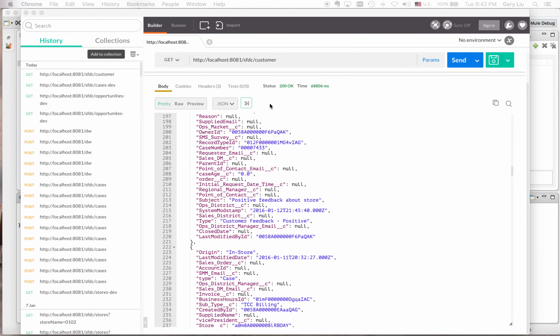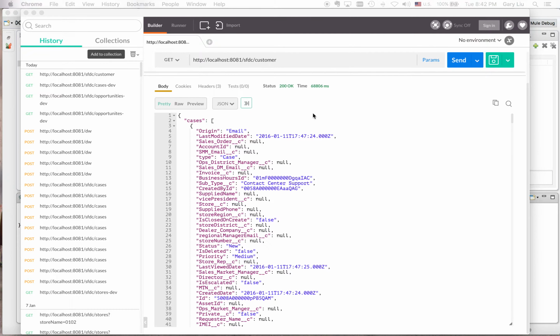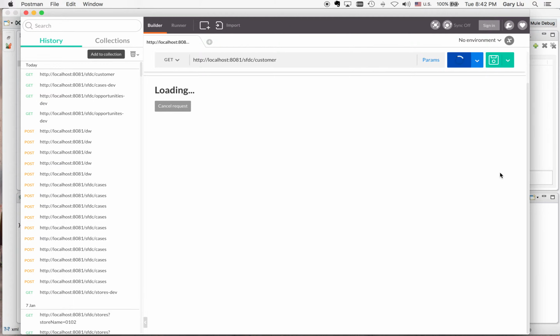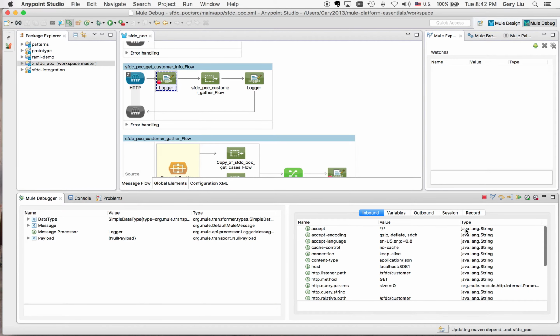All right. So I create a flow which is basically like customer info, so I can retrieve all the information. As I said, it's in debug mode, so I can just send it, right? Let's say send. So now it's loading. Let's go here. Now it stops here, right? So we can go in debug mode and